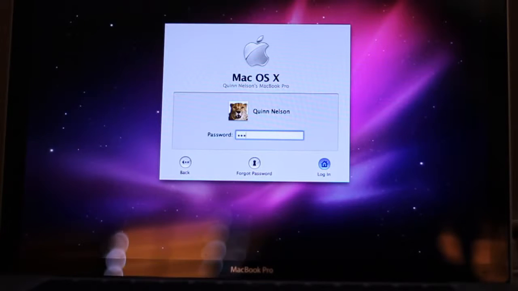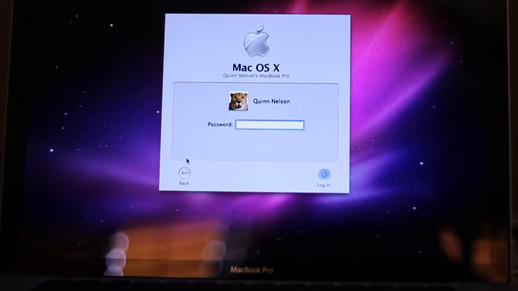Forgotten your password? Nice job, dummy. No, this is Quinn, that's Naz the iPhone guy, and I'm going to help you restore and recover your password on Macintosh OS X without deleting any of your files or having to restore your computer or any of the